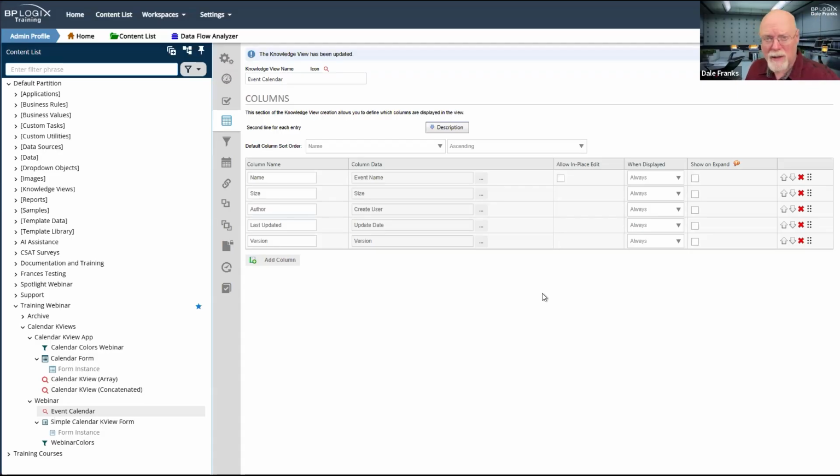I want to see the calendar. So I really only need my calendar items, and I don't really need to worry about what column is clickable, like, the first column. So just something to keep in mind. This calendar K-view is going to work a little bit differently than the normal knowledge view. But put a pin in that. We'll come back to that in a second,